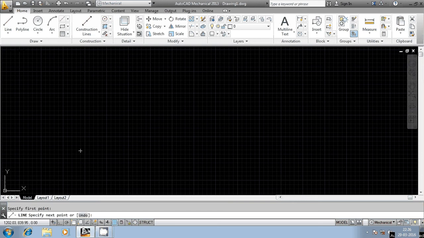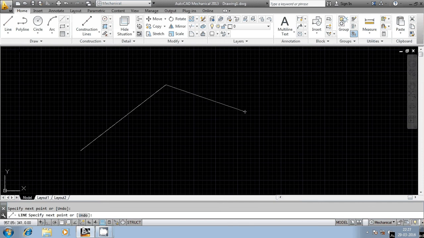Manually select in the graphical area. Just left click. Then you can observe a ribbon kind of a line that stretches from the first selected point to the actual position of the cursor. Now we can select the second point. It is asking for the second point. You can just left click here using the mouse. Then you can terminate this or you can continue.